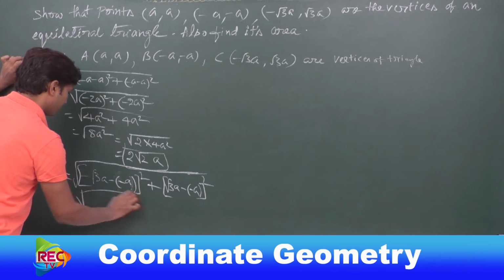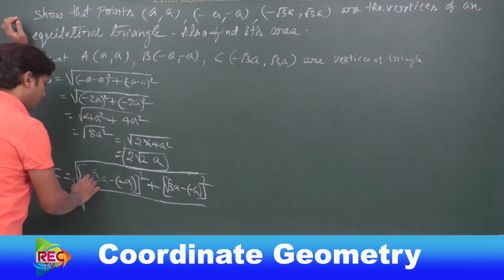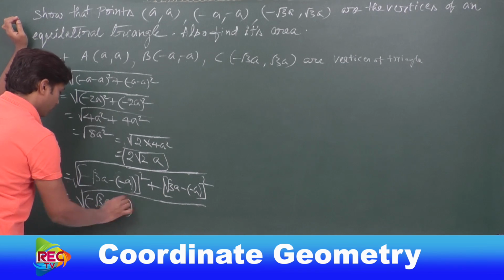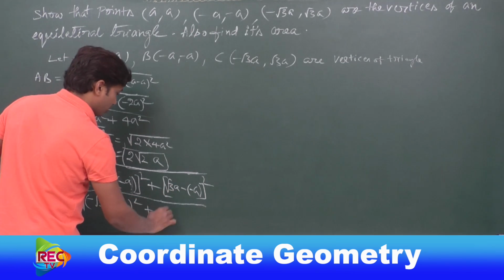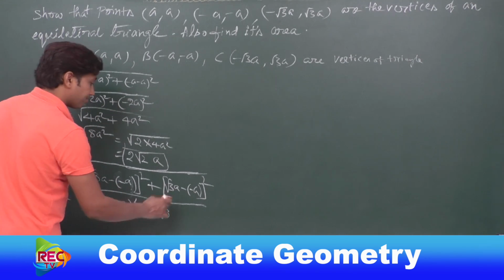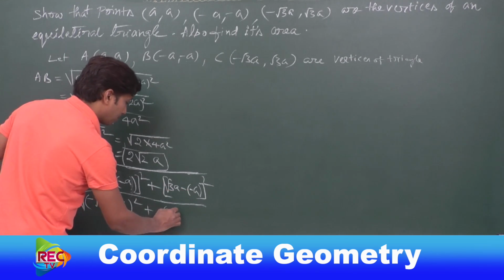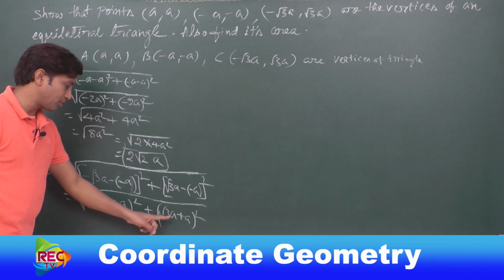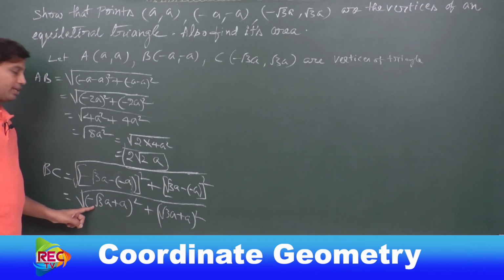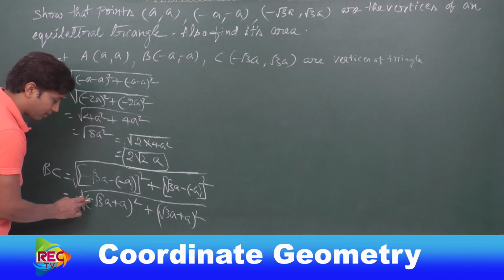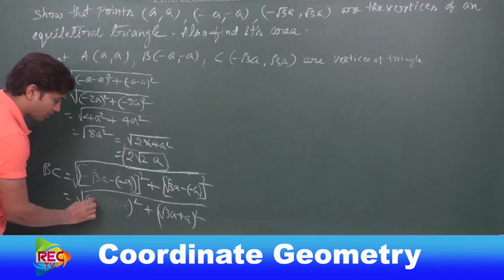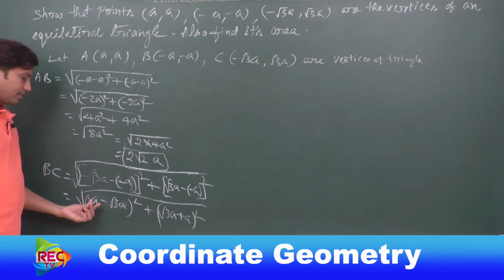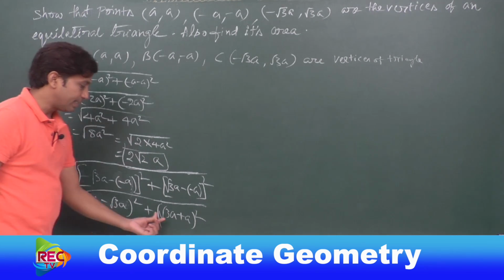Now just tell me here, okay, just see, minus root 3a, minus of minus would be plus a whole square, and this is root 3a, minus of minus a, plus a whole square. Just look at this here, a plus root 3a whole square and a minus root 3a whole square. Can we write it like a minus root 3a or not? This is minus and this is plus. Let me write in reverse order, a minus root 3a whole square. Just see, this is in the form of a minus b whole square and this is in the form of what?